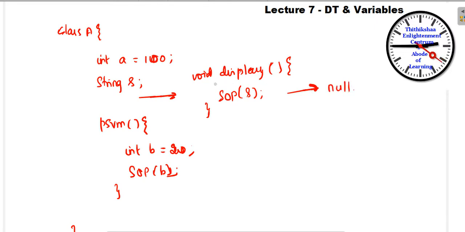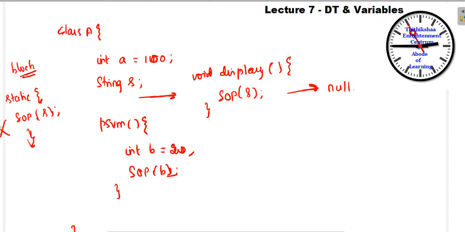Unless a method uses a static keyword, it belongs to the class. Suppose I have a static block, this is said to be a block. Inside this static block, if I try to print this variable, it will throw an error.